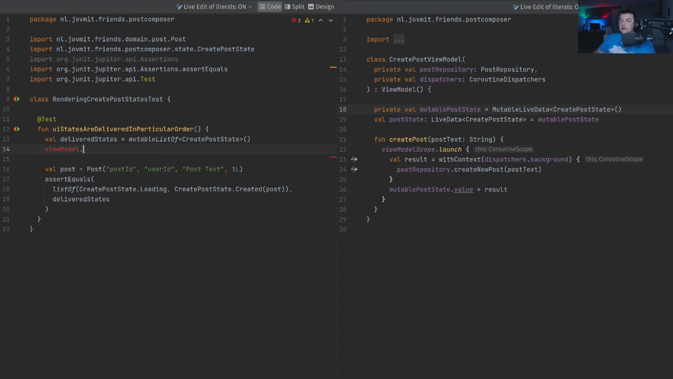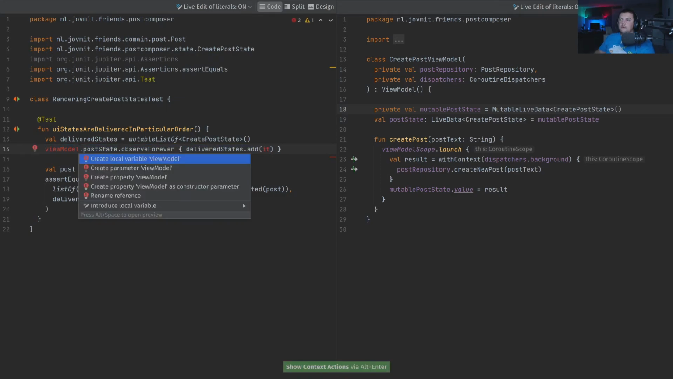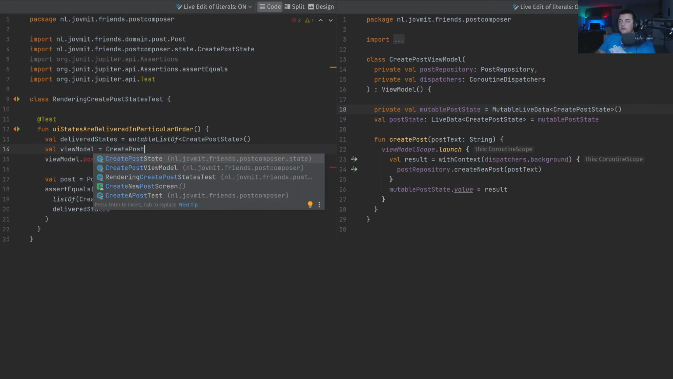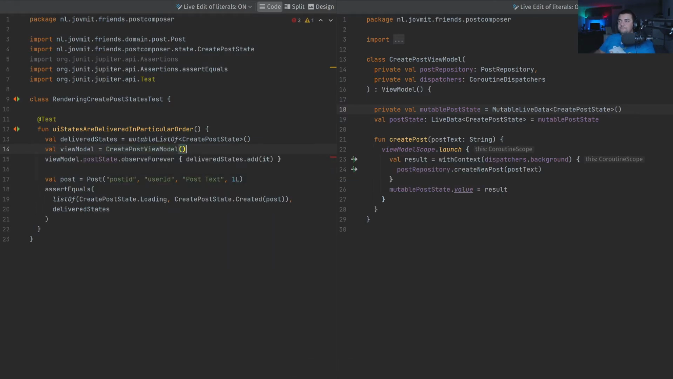Here it is. Yeah, ViewModel post state observe forever, and then delivered states add the thing that is being received. So ViewModel is gonna be create post ViewModel,